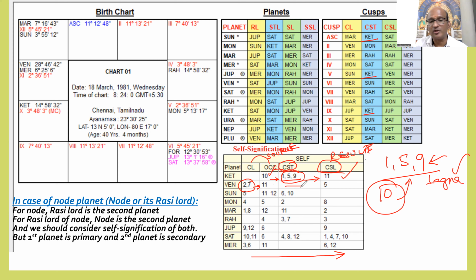And as star lord for the house, nothing is increasing, nothing is decreasing, but as sublord, so 2, 7, 11, and 5 is going to be a very good planet for marriage prospects. I'm talking about Venus as the planet, correct? So that way they are appreciated. Yes, sir. You can explain.